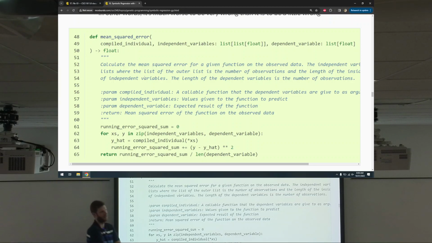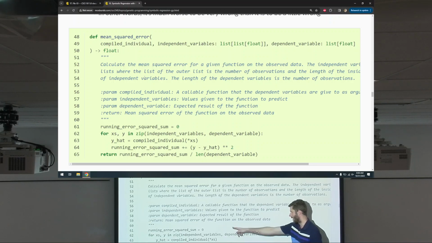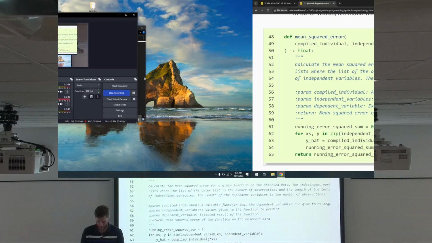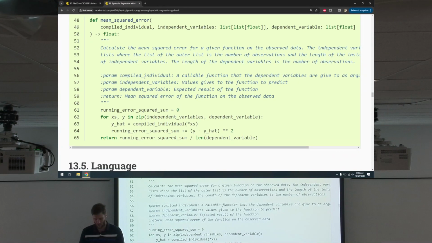And the reason for that is mean squared error is a fairly general function you might want to write. This is the independent variables, dependent variables. For each of those, apply the function to it, calculate the difference squared, add it all up, divide it, mean squared error. It's a general purpose function, and it is easy to test, which is a good thing, right? So that's great. But DEAP,